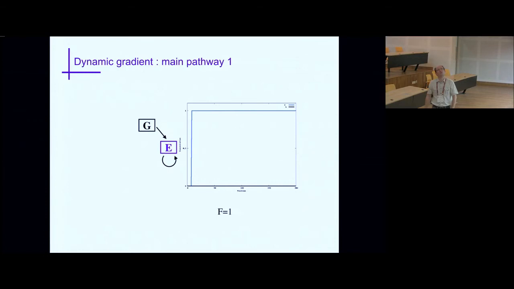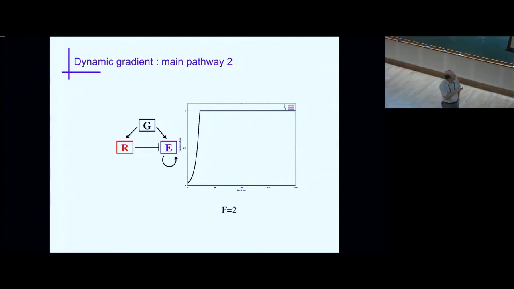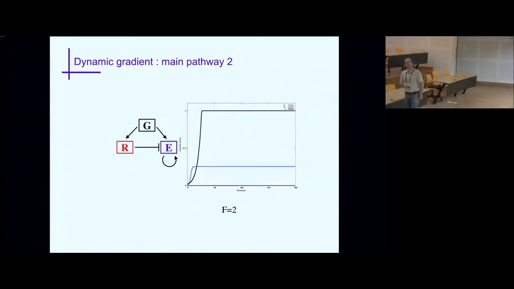Now, later on in evolution, something else is happening, and you start adding a repressor here. One thing I can comment on right now is that you now have G and a repressor, and this module here is our famous incoherent feed-forward loop. One branch is G to R to E, and one branch is G to E. So we see a feed-forward loop appearing, and the effect of the feed-forward loop on the dynamics is going to be shown here.